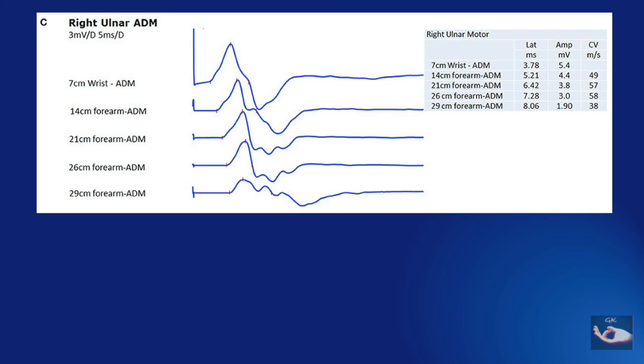So an SSIS, as has been described earlier, is done with stimulation 7 centimeters proximal to the wrist, 14 centimeters proximal to the wrist, 23 centimeters, 26 centimeters and 29 centimeters proximal to the wrist in the forearm, and it is seen on stimulation at 7 centimeters, 14 centimeters, 21 centimeters and at 26 centimeters proximal to the wrist in the forearm, the action potential that develops in the abductor digiti minimi is of normal configuration,